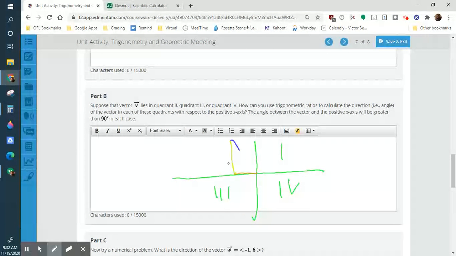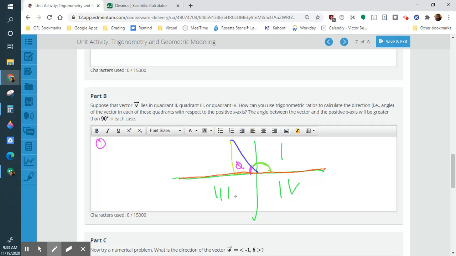I want to figure out this angle. But if I do it the way I did before, I'm only getting this angle. So that's weird. This is where knowing what lines do helps us out. Think about this as a straight line. If the purple is my theta, when this is in quadrant 2,